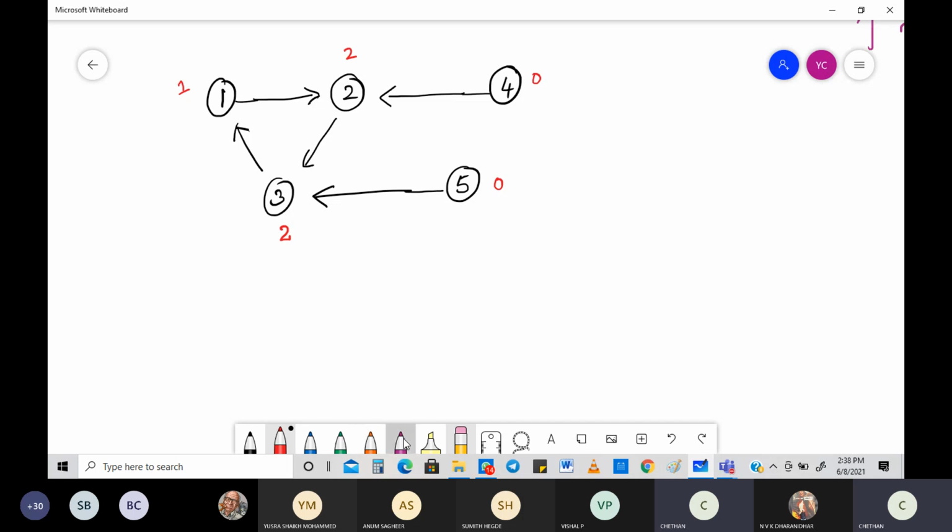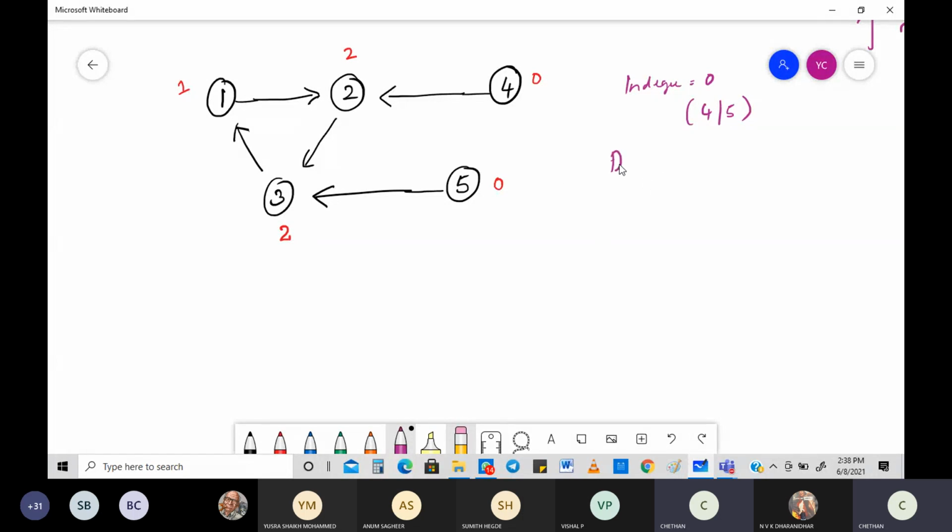Now there is a problem. What is the problem to be figured out here? First thing is we have in degree equal to 0 in 2 places. What are the 2 places? 4 and 5. You can take any one. That's all fine, an arbitrary choice can be made. Which one will we take? We'll take 4. Or if you don't like 4, you take 5. Not a problem. It is a random choice, you can do whatever you want. So I'll be taking 4.